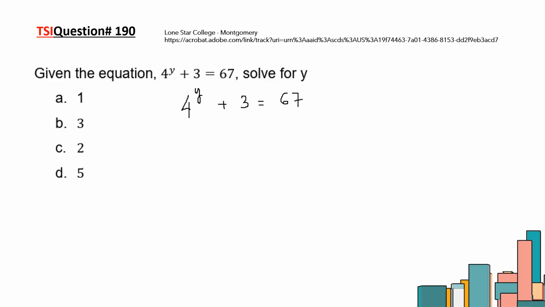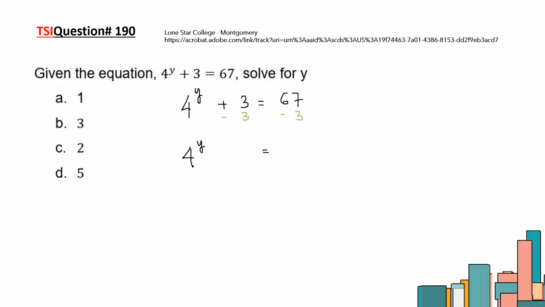The first thing we should do is isolate the y terms. Whatever the cluster including y, we will keep it. So we want to keep the 4 to the power of y isolated. To isolate it, we subtract 3 from both sides